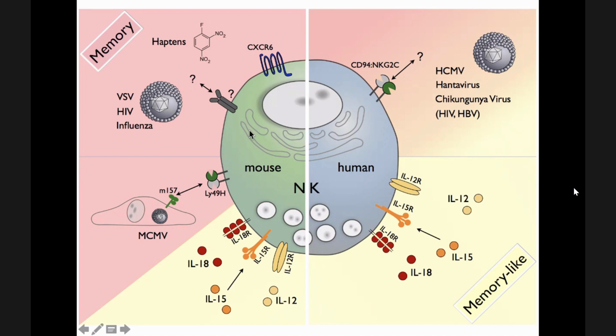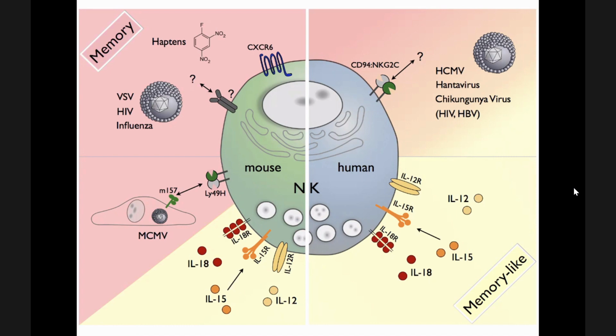If you don't understand too much from this slide, it's all right, don't worry. Okay, this is just to highlight that there are a lot of shared features between human and mouse NK cells, and some unique features, right? They express chemokine receptors. They also express a lot of cytokine receptors on the surface. Okay, particularly in mouse, this molecule CD49H was shown to recognize the M157 protein of mouse cytomegalovirus. Now, why am I highlighting this? Because using this molecule,